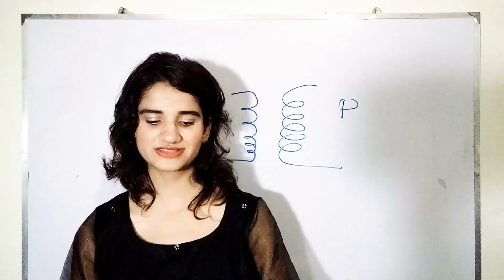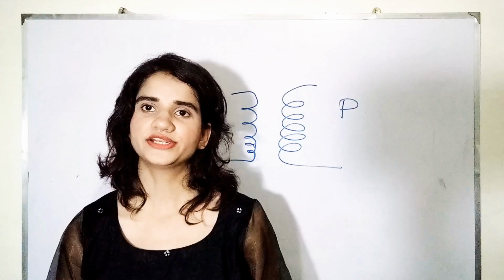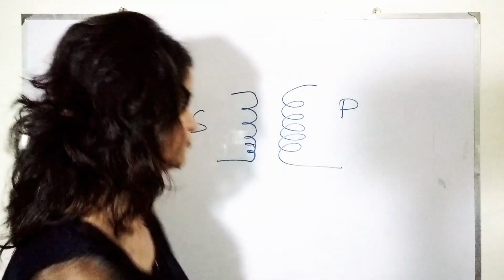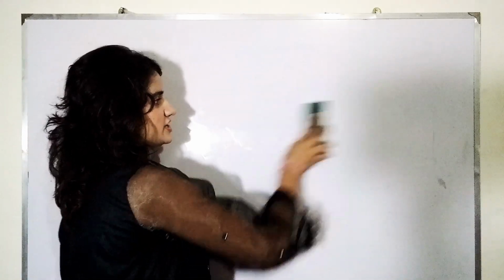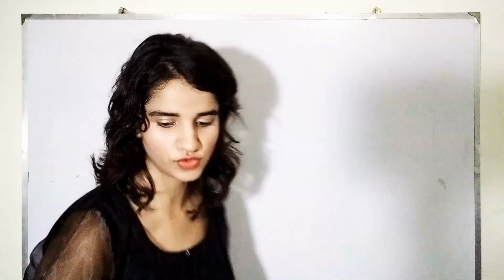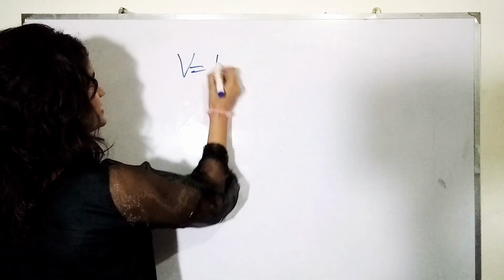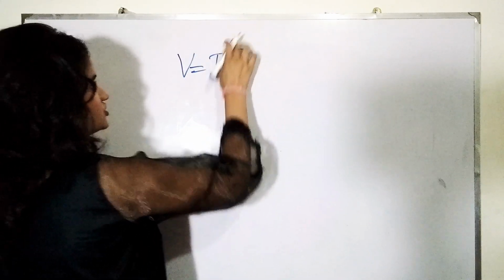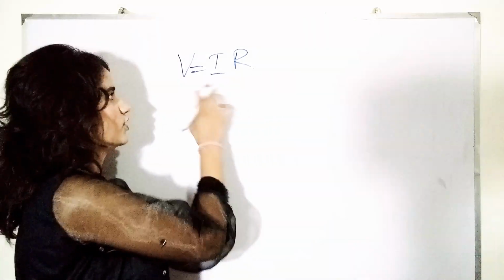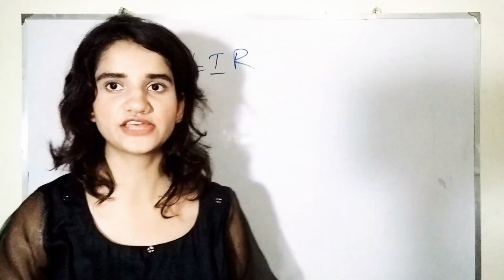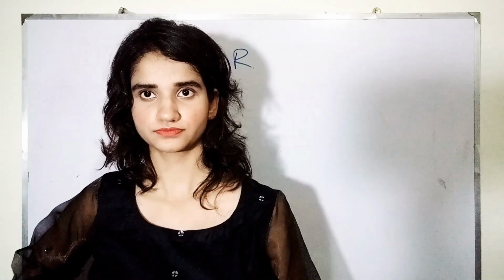Now we are moving towards the current output. What kind of output would be produced? Now we are saying that if we want to increase the voltage or decrease the voltage, we can do that. Accordingly, we can also change the current intensity because V is equal to IR. If we are not considering the resistance right now, and if we are changing the voltage, we can know that the intensity is also being changed.